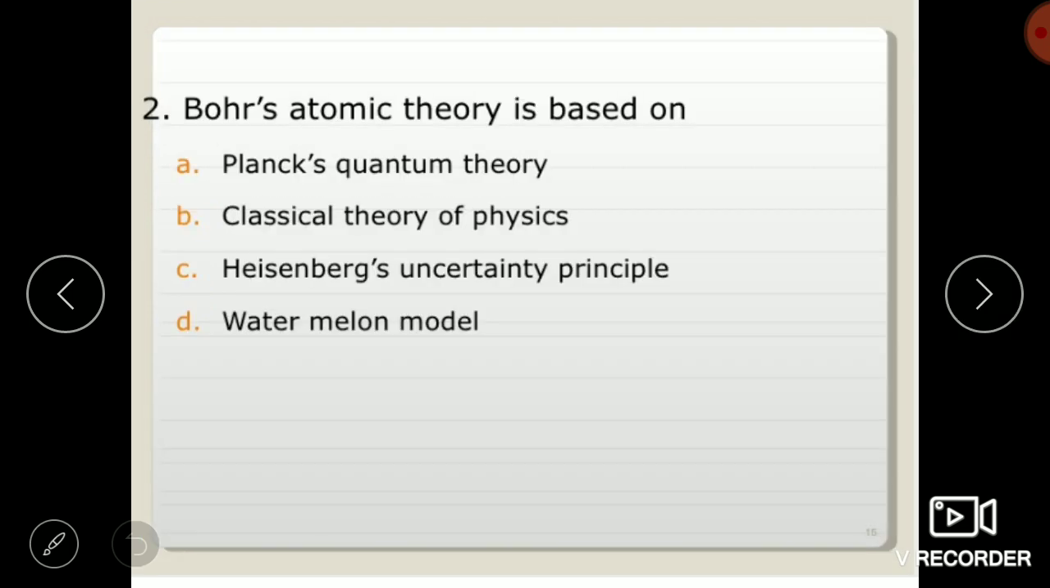The second question, Bohr's atomic theory is based on option A, Planck's quantum theory, classical theory of physics, Heisenberg uncertainty principle, or watermelon model. Okay, that is also something we have discussed. So question number 1 and 2, the answer you will